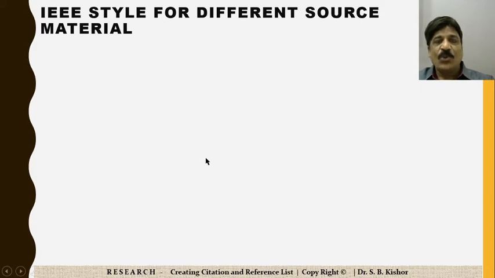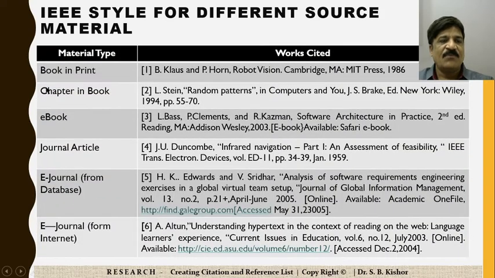Now, the question arises: if I am going to use a book, or an e-book, or a patent, is the citation in the same format? Of course not. It differs. Okay. For example, if you are using a book, you need to follow something like this. Remember, it is very difficult to know where to put a comma and where to put quotes. For example, if you are using a chapter in a book, you need to specify the chapter, okay, then a page number.